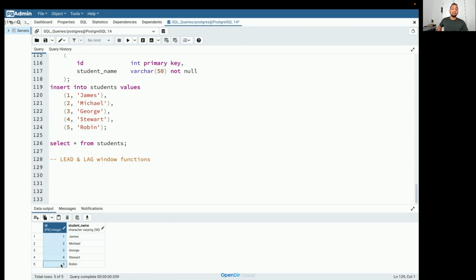So whenever you find an odd number, I want SQL to go to the next even number and fetch its value and replace it corresponding to the odd number. And whenever it finds an even number, it needs to go to the previous odd number and fetch that student name and load it corresponding to this particular even ID. The same thing should happen for every other record.